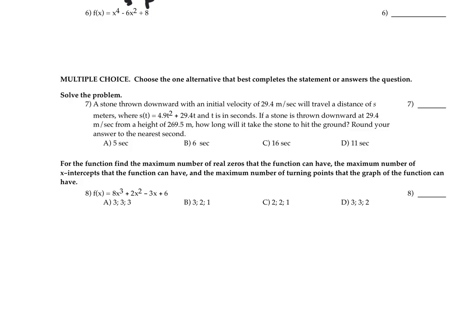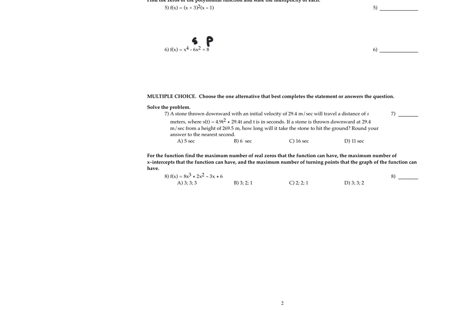So basically I have two variables here. I have S and I have T. T is time. T is time in seconds. So if I gave you like 5 seconds, I could take that and plug it into the equation. Here, S represents the distance in meters. And so S is my distance here. So when I put this one into my equation,